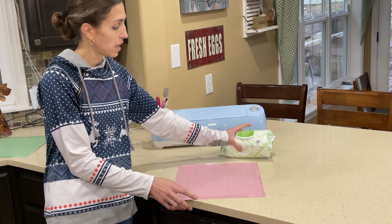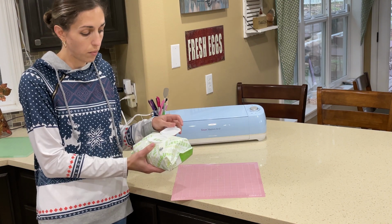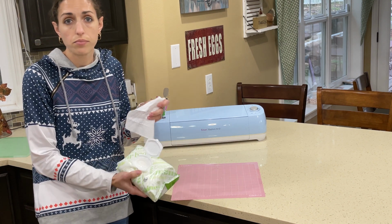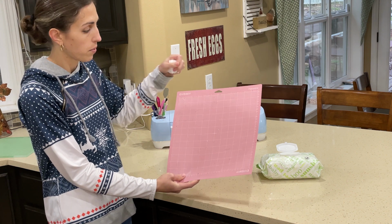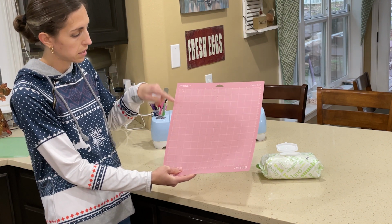So the first one is actually just using household baby wipes. You might need a few of them, but most people have these at home. I believe you could actually use Lysol wipes as well, but I'm going to show you how to just use the normal baby wipe. As you can see on my fabric, so I've got a lot of little pieces here,